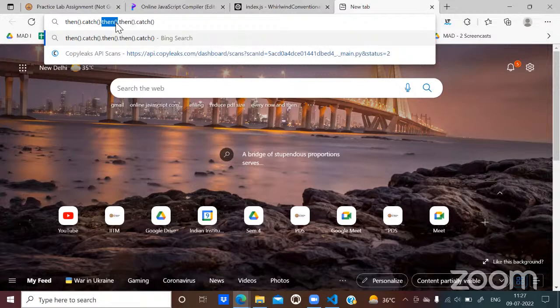Correct. Is it possible that I can have then catch? You can have that, but it doesn't make any sense to me. Exactly. When you said two catches, I thought you were saying then catch. In that case, a second catch may not be meaningful. But if you talk about the technicality of it, it is even possible. Let's say while handling the rejection of the promise, you made some mistakes in this catch definition, and it resulted in an error. That error would be caught by the immediately next catch block. That is also possible.